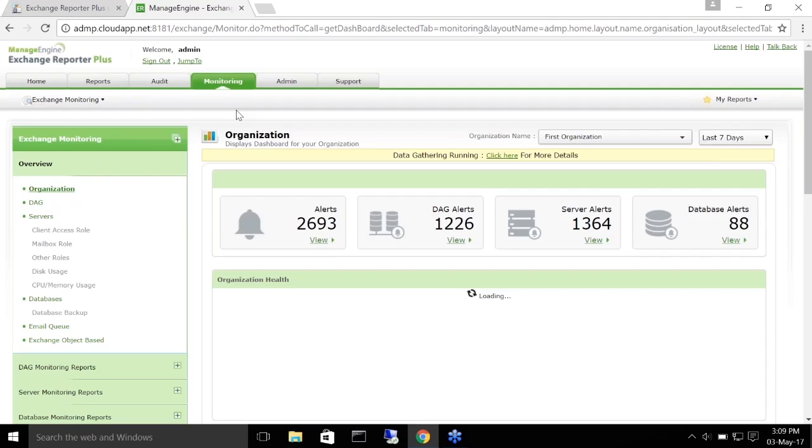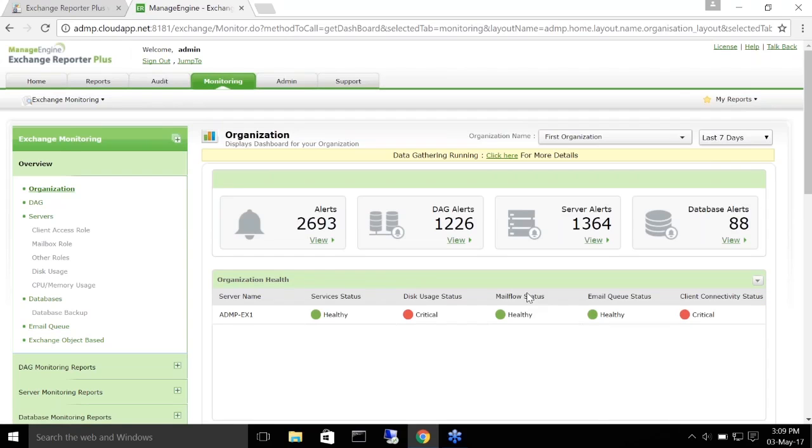So we are going to use the monitoring tab in order to see how you can monitor every Exchange component within your Exchange organization. So this is the monitoring tab, and as you can see, once you log in, once you click on the monitoring tab, you are presented with the dashboard. So it's loading right now, but what this dashboard is going to show us is a number of graphics. It's going to show us several bar graphs, pie charts, and useful information that is easy on your eyes. So you just need to take a quick look at the dashboard in order to find out the status of